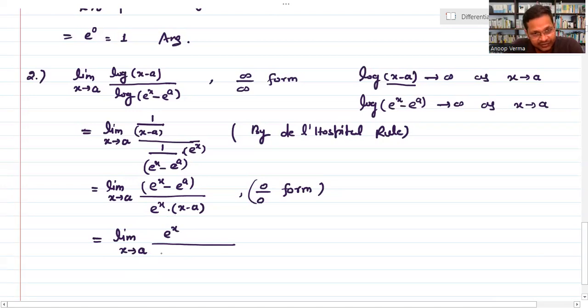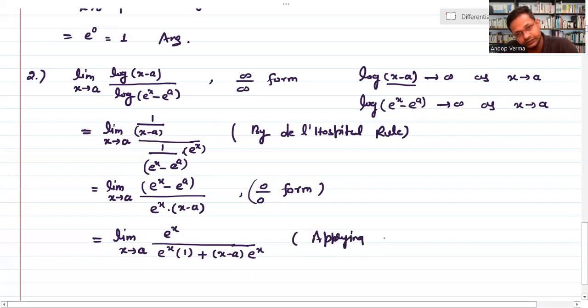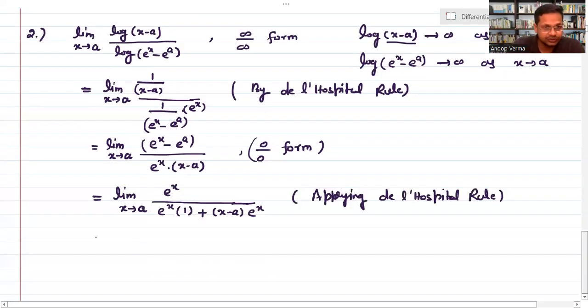So it means e to the power x, take the derivative of x minus a, it will be 1, and this is plus, this will be x minus a into the derivative of e to the power x, it will remain e to the power x. Okay, applying the L'Hospital rule. Okay, so what you get from here, simply you can see this is x tending to a, e to power x